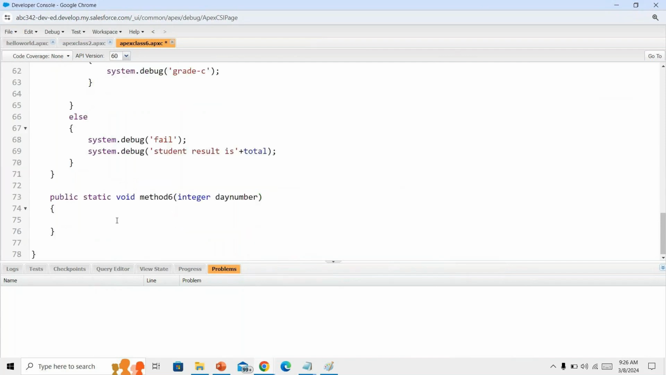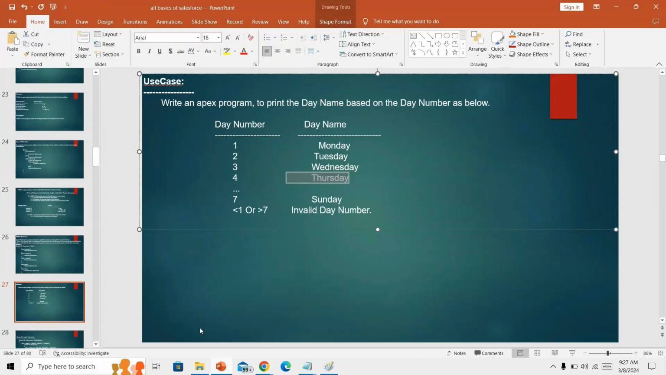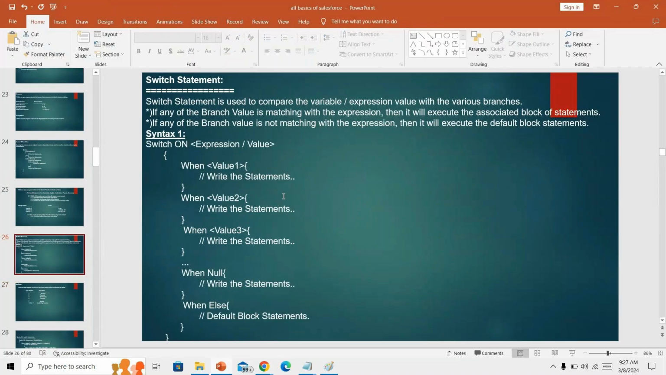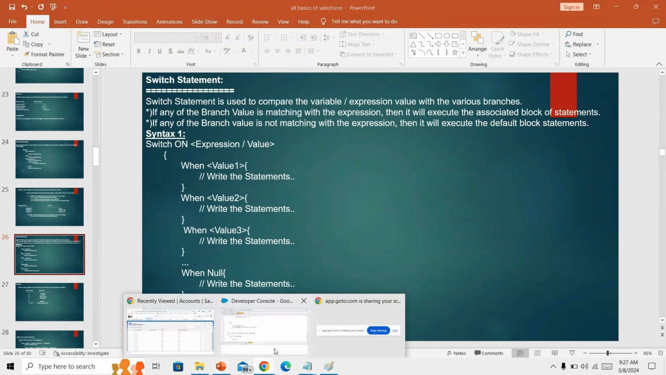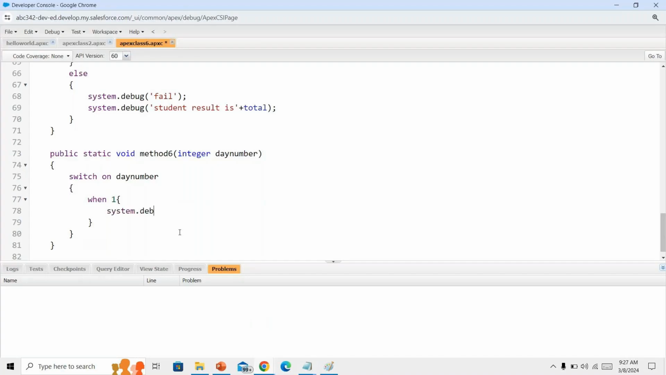Either you can use an if else statement here, but I'm using switch on this condition. Here we can use only values, not conditions, just numbers, that's it. Expressions are not allowed. For example, when value 1, then system.debug of Monday. When 2,